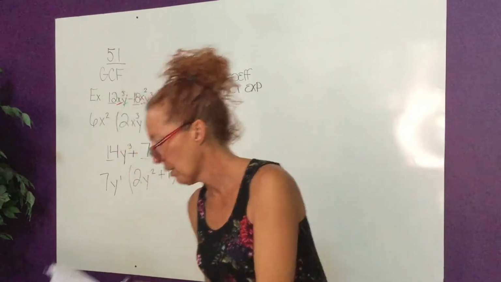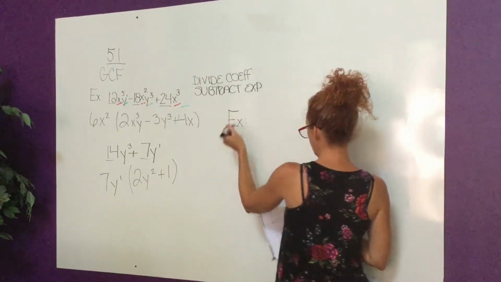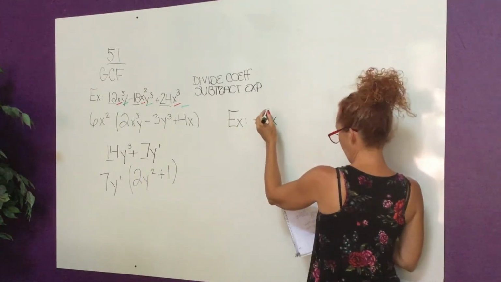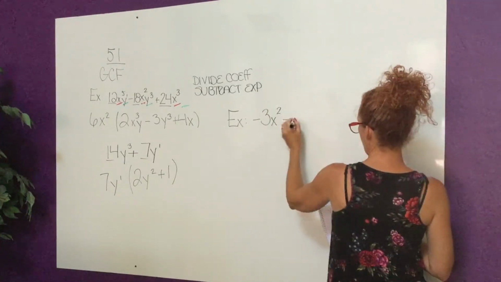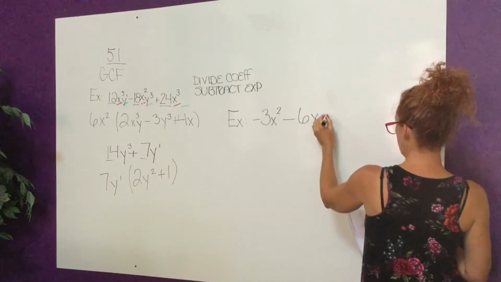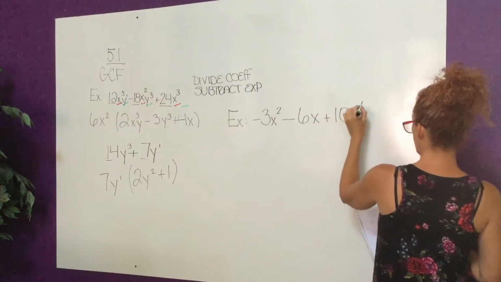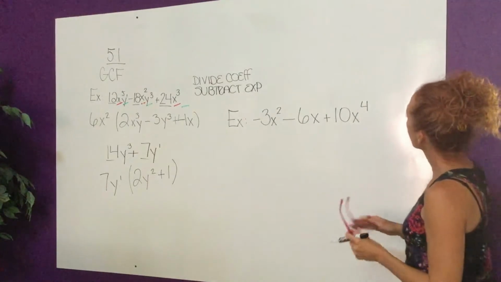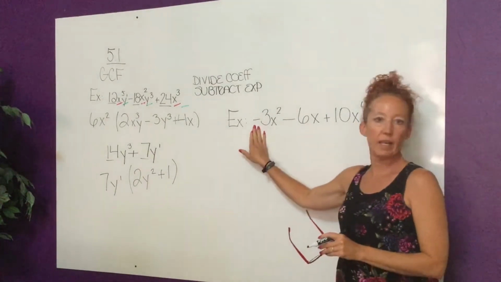Let's do one more here, and then we'll erase everything up here. Let's do negative 3x squared minus 6x, and then maybe plus 10x to the fourth. Okay. When our polynomial starts with a negative,